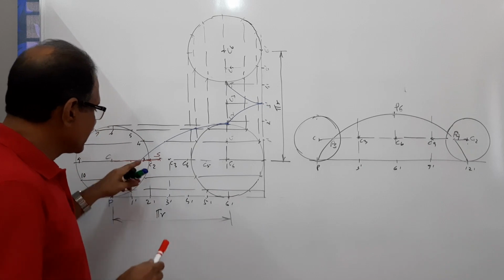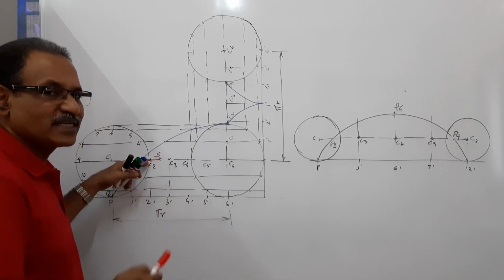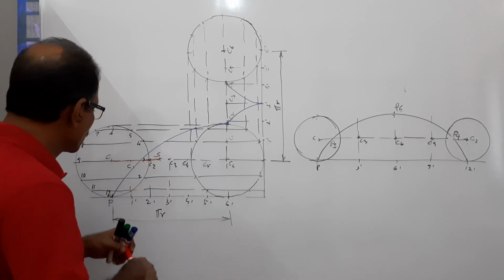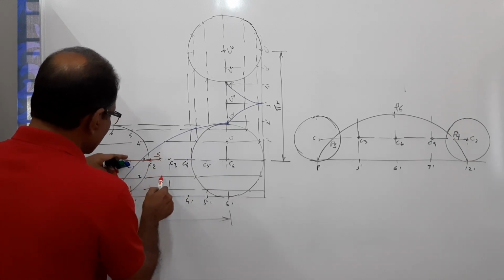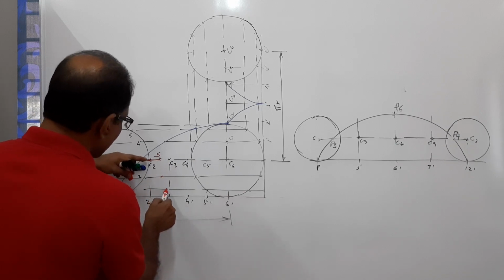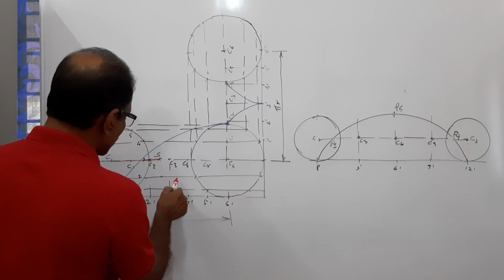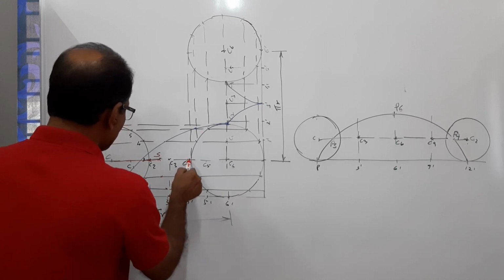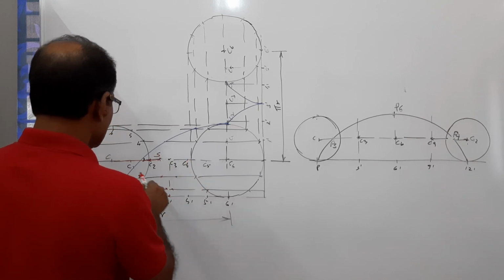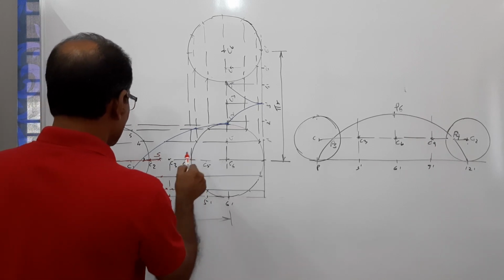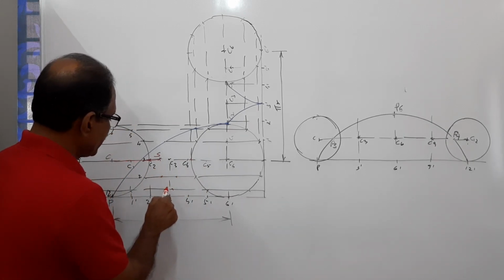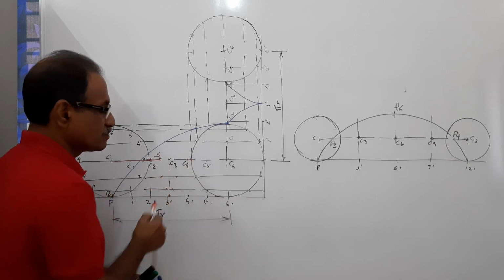Where is the tracing point? This is the tracing point. The tracing point is on the extreme right. That means when it has to roll half, last quarter plus first quarter. So somewhere here is C1 as center, you get P1, C2 as center, you get P2 and P3, then P4, then P5, then P6. P1, P2, P3, P4, P5, P6.